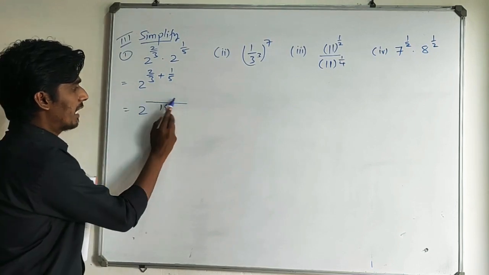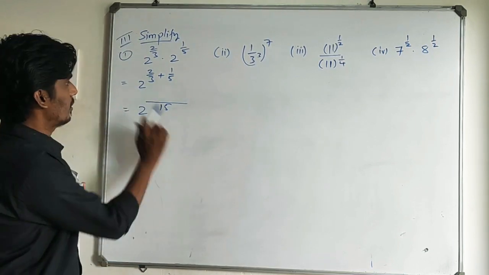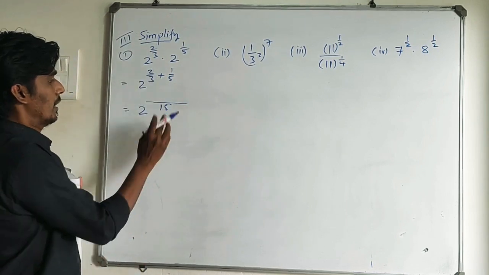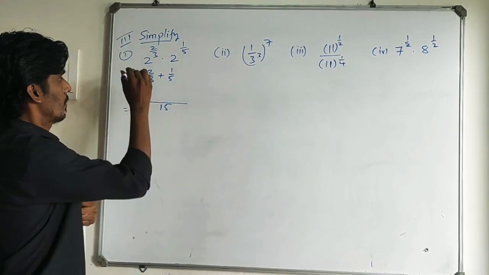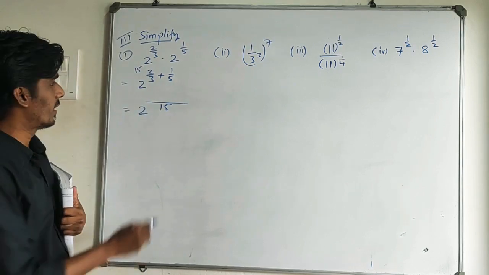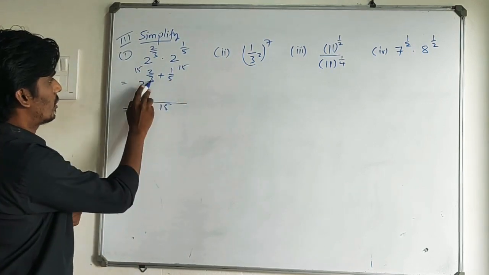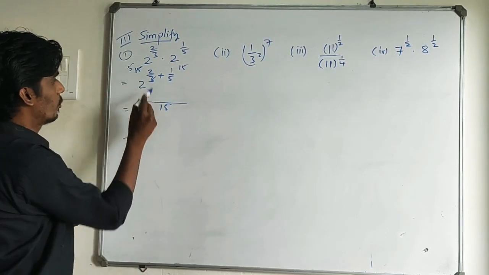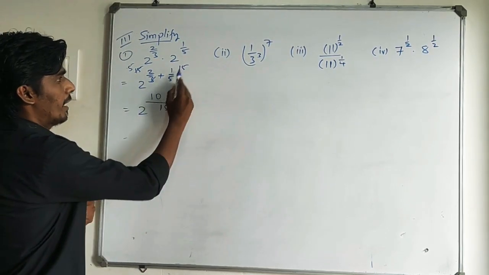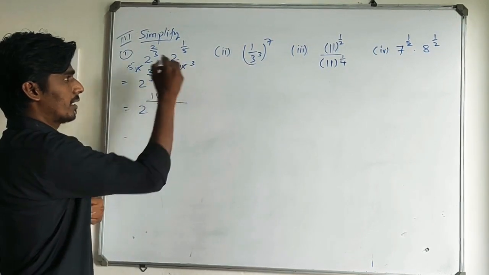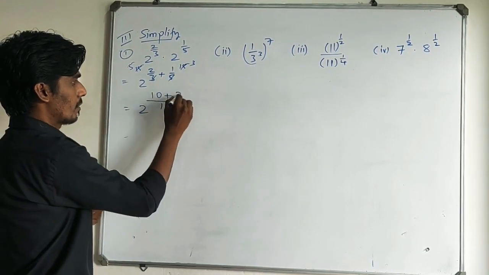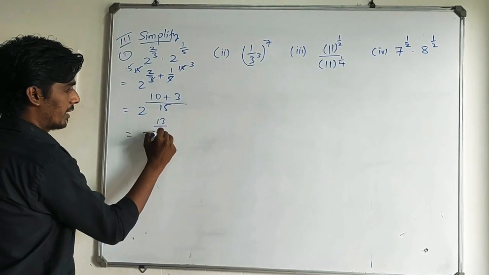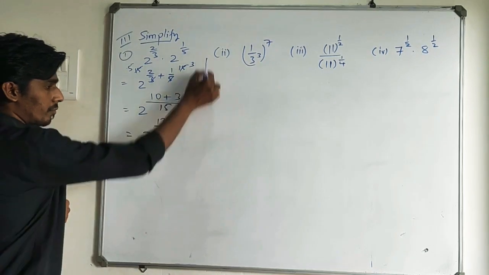Now what will be the question? Which number do we put here? It's not 2 and 1 only. 3 how many times is 15? Or you can say, whatever LCM comes, just assume that you are multiplying it with both the fractions. So 3 how many times is 15? 3 5s are 15. 5 2s are 10. 5 how many times is 15? 5 3s are 15, 3 1s are 3. So how much did I get here? 2 raised to 13 upon 15.